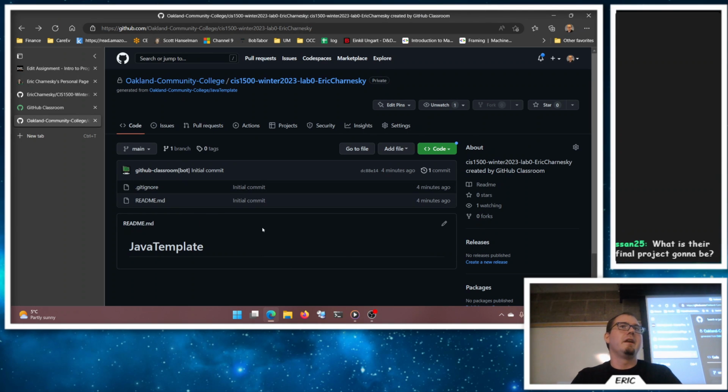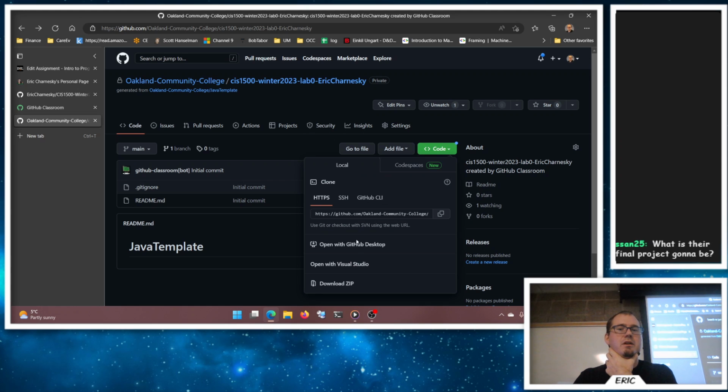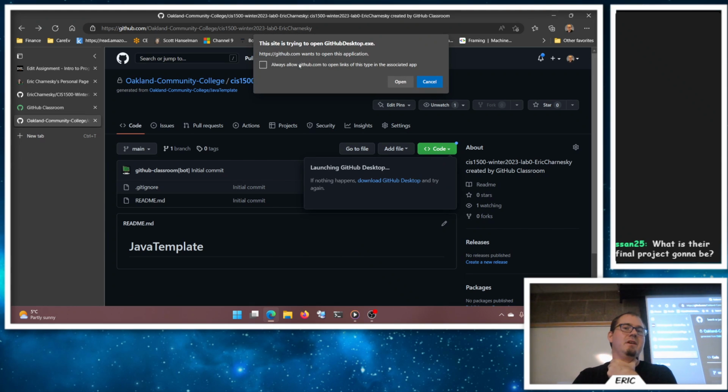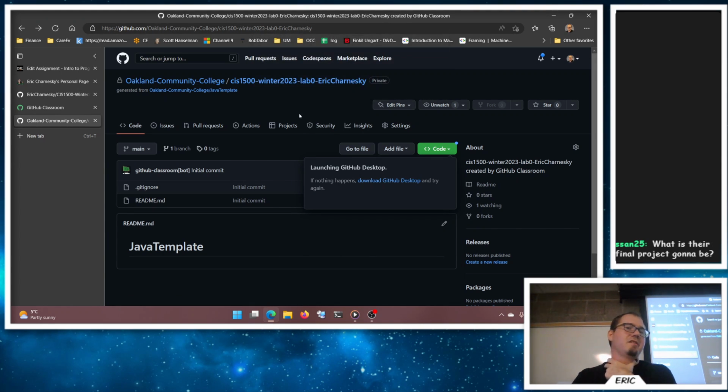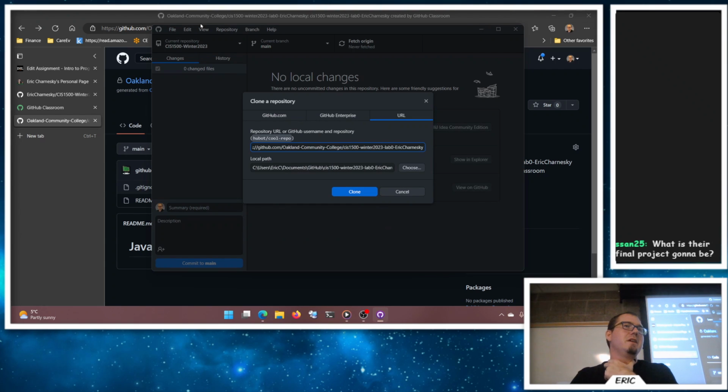It's a folder. Now, it's out in the cloud, but my computer doesn't have it. So to get a copy of this repository, to get a copy of this folder on my computer, I like the easy way. I click this big green code button here and I say open with GitHub Desktop. It says, do you want to open GitHub Desktop? I say, yes, I want to open GitHub Desktop. The GitHub Desktop client will launch. If you haven't logged in yet, you'll have to go log in. It actually takes you back to the website to log in because that's how that works, and it's not too bad. It's fine. It says, hey, I want to take this URL,